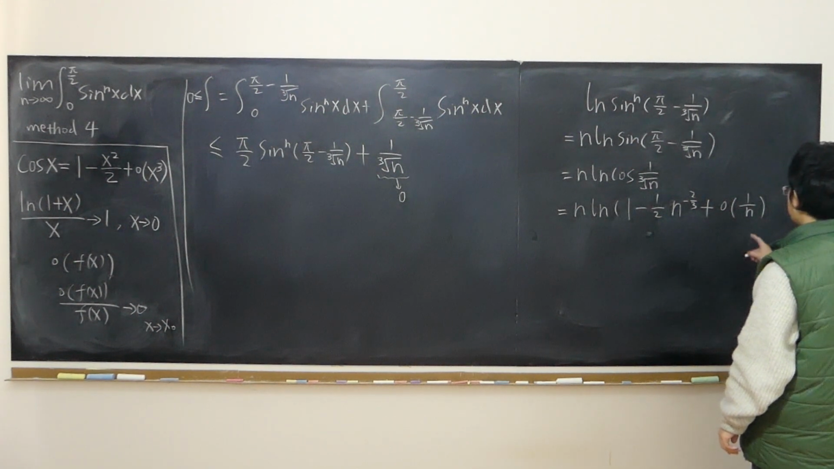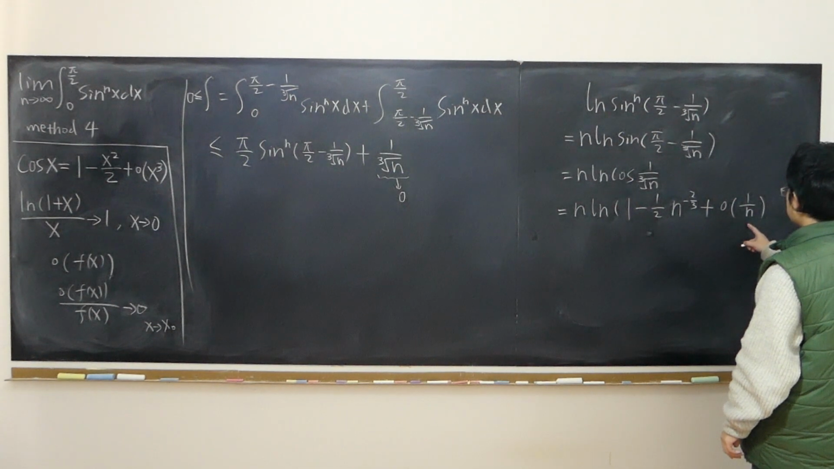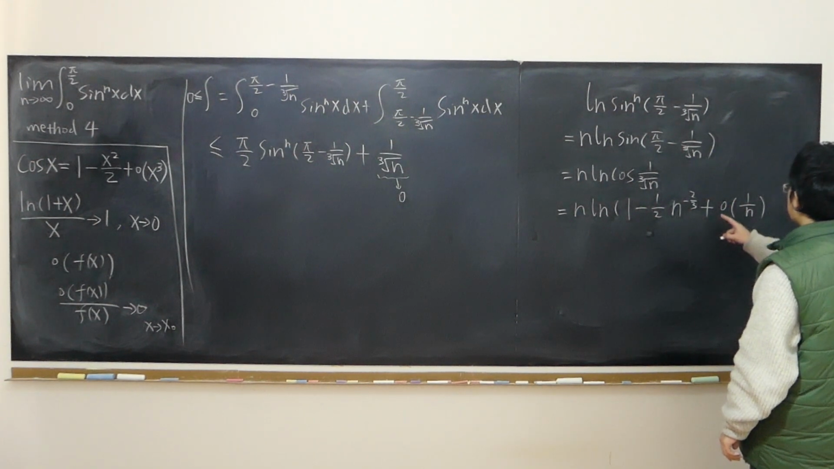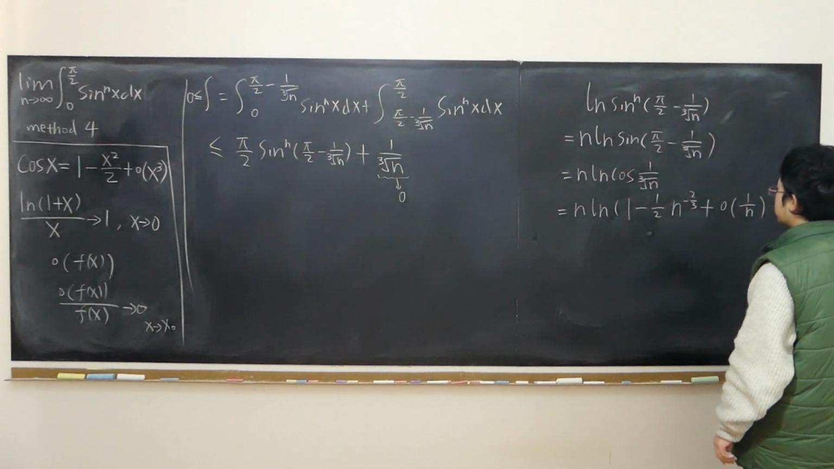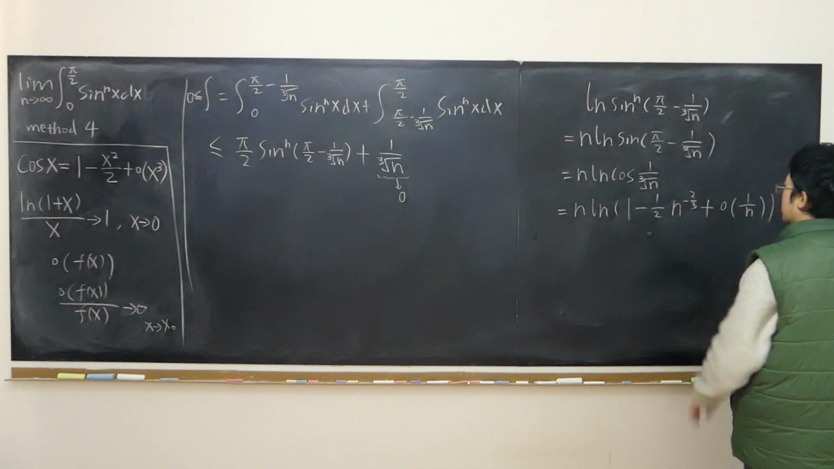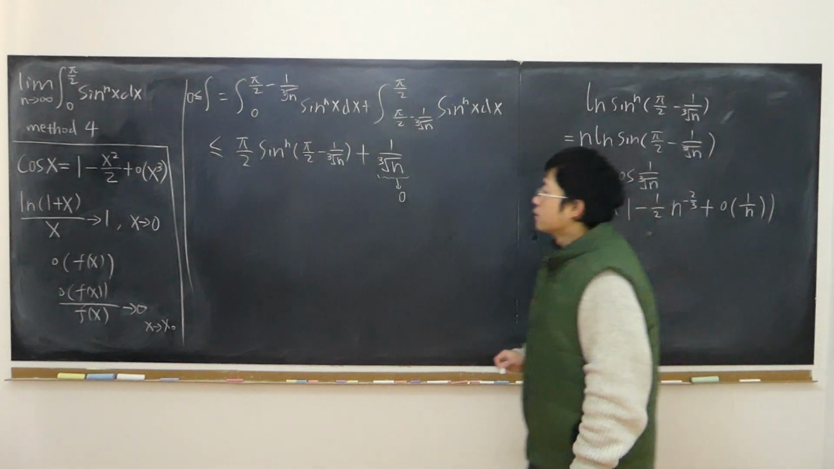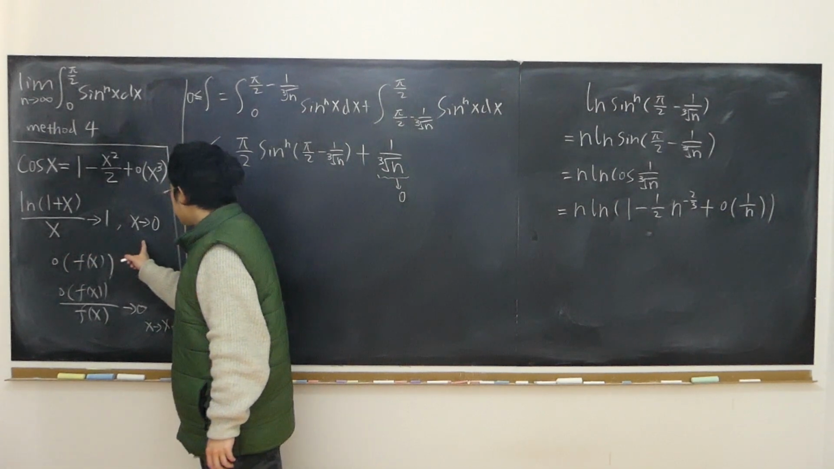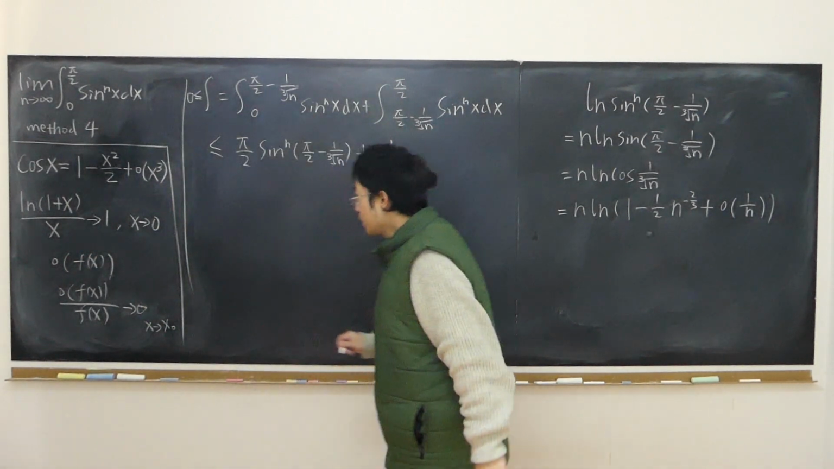So basically, as n approaches infinity, 1 over n approaches 0. So that means little o of 1 over n, meaning this quantity approaches 0 faster than 1 over n. Keep this in mind. And remember, the limit of log of 1 plus x over x approaches 1 as x approaches 0. Therefore,